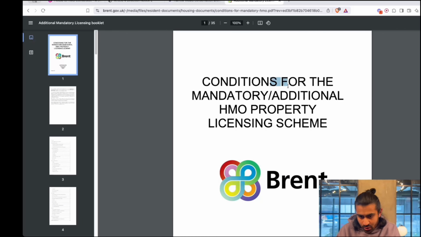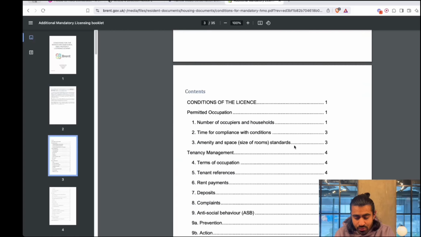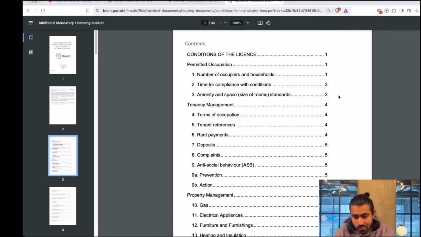So this is the conditions for the mandatory/additional HMO licensing scheme. This is a 35-page document, I should say, that essentially goes through all the requirements for us to design